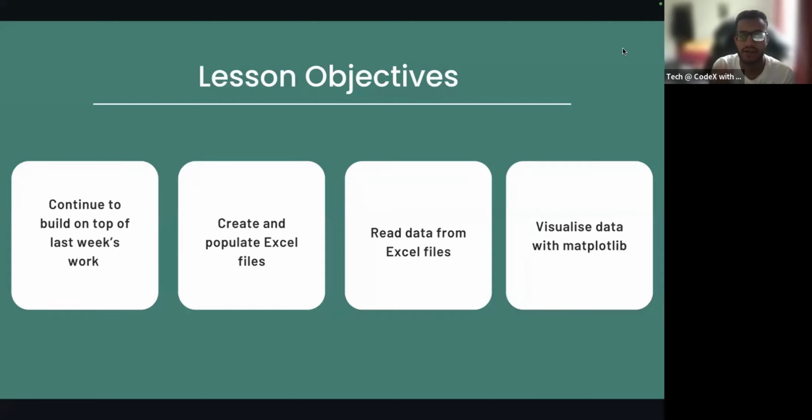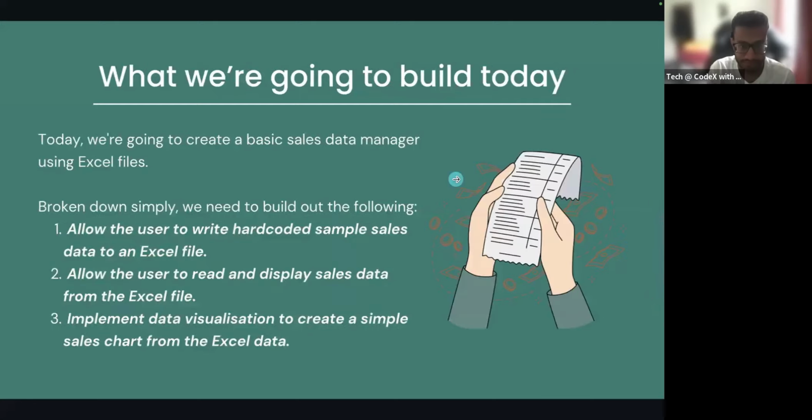Okay, so this is the first actual visual output we're going to have in our code. We're going to create a basic sales data manager using Excel. We're going to allow the user to write hard-coded sample sales data to an Excel file. We're not going to ask the user to input data and then display it. We're going to have a set of data that we've put in ourselves